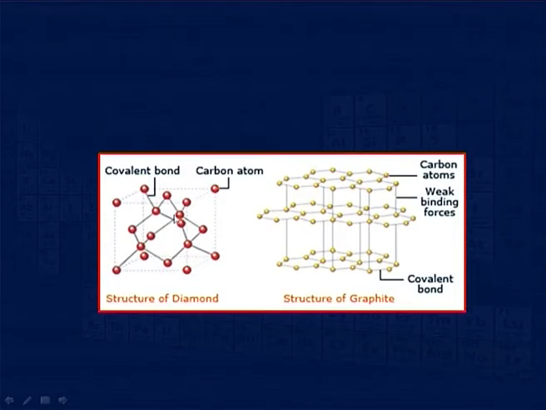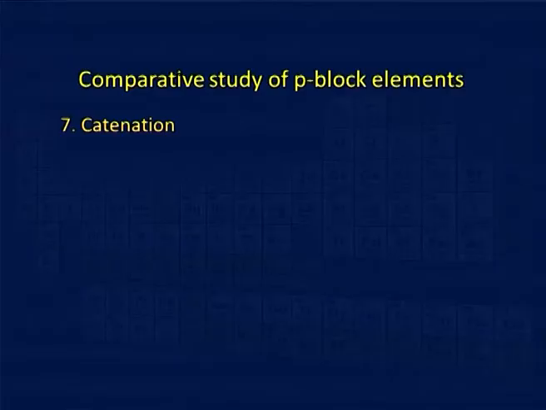This is the structure of diamond, which has good strength and durability. This is the layered structure of another allotrope of carbon, graphite. It has 3.36 angstrom distance between two consecutive layers, where hexagonal rings are combined together. The weak van der Waals forces attach these layers together, and this is the reason one layer can slide over another. Anyway, let us see another periodic property of this block.